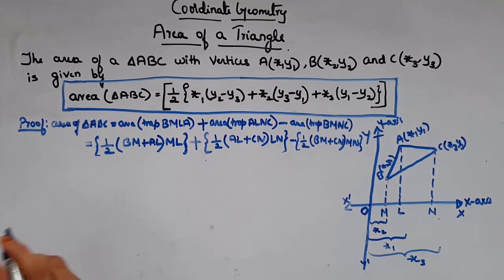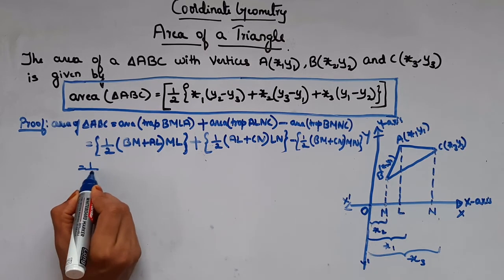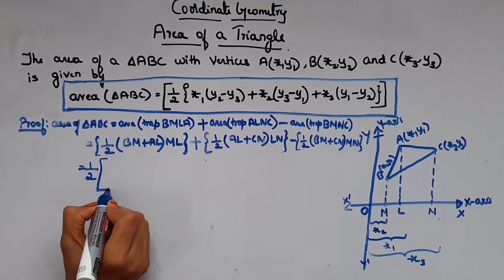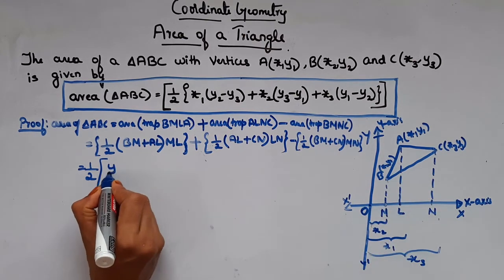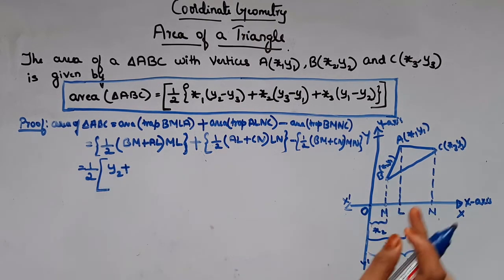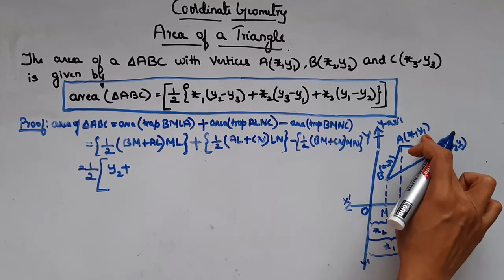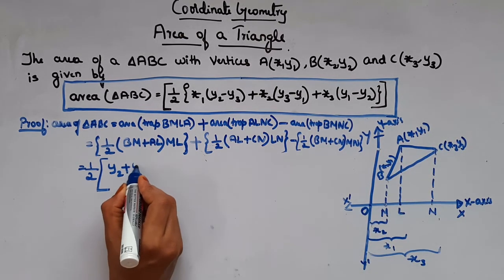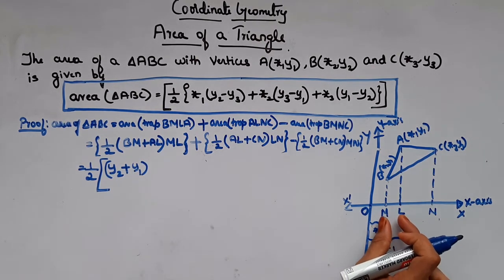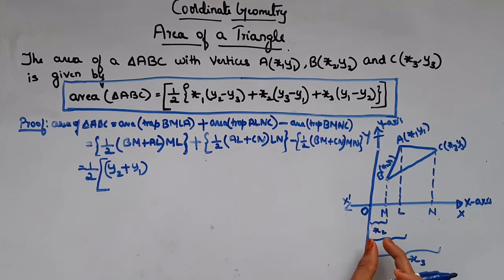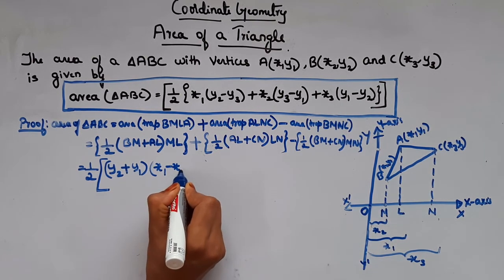Now let's substitute all the values. Here we have half is common, so let's keep this half outside. So now what is BM? BM is Y2. So Y2 plus AL. AL is Y1 into ML. What is ML? We know ML is X1 minus X2. So X1 minus X2